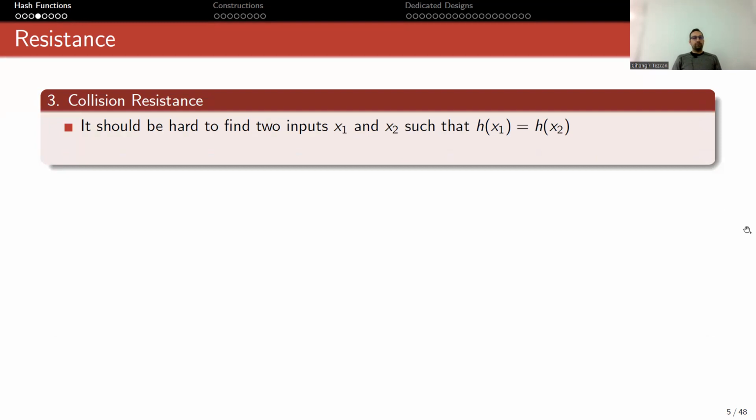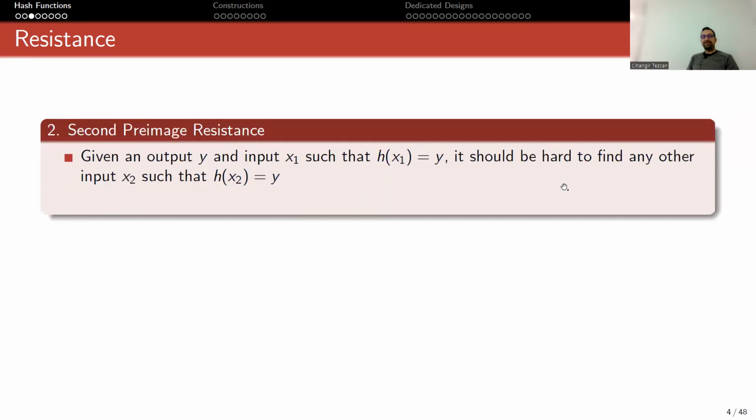The third property, which is also important, is called collision resistance, and it says that it should be hard to find two inputs, x1 and x2, such that h(x1) equals h(x2) equals y. You might think that this is the same as the previous one, right? Because in the second preimage resistance, I said a similar thing. But here, the most important difference is that x1 is fixed, okay? You have no control over it. I'm giving you the x1,